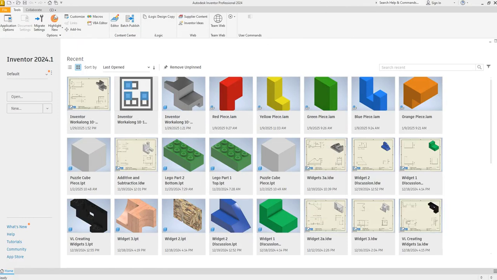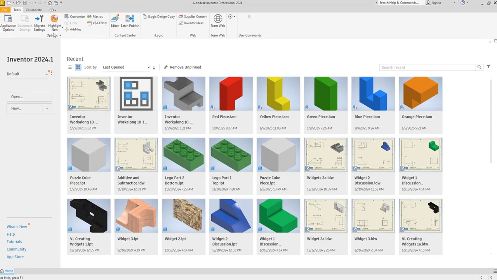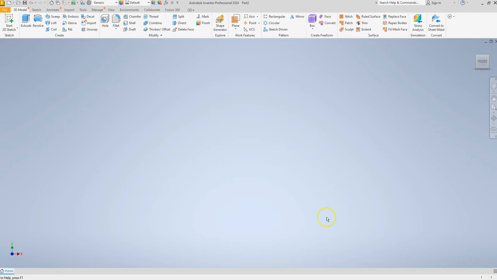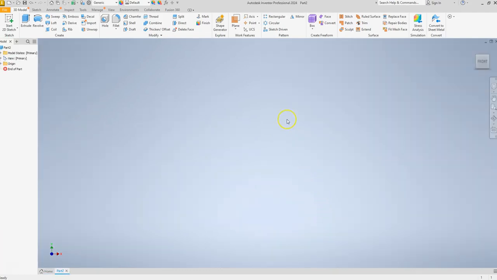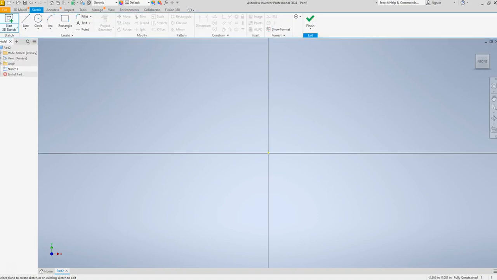Okay, with that being said, let's go ahead and get our Inventor opened up here. And we are going to begin our first assignment. So as always, we know we go to File, New. Make sure that we are under the template ENUS standard.ipp. Click on Create. And we are going to begin with our 2D sketch. As always, we begin on our XY plane. So to get started, we are going to draw